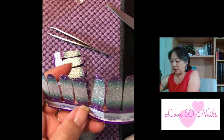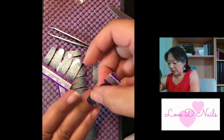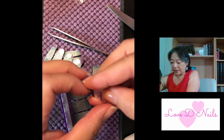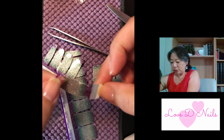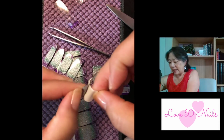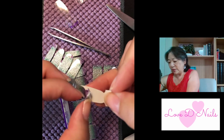All right, so I'm going to start on the bigger end. And I'm going to do my ring finger and my middle finger to create this look to start off. All right, here we go. You take off the purple tab. This is your protective shield on your Color Street. And then the silver tab is your actual Color Street. It's 100% real nail polish,